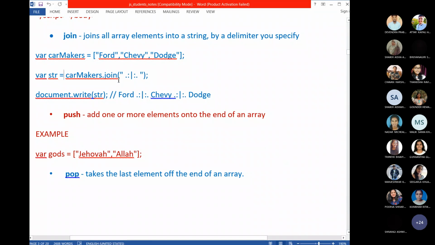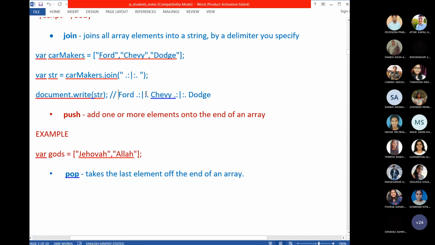What I am giving within the parameter is one symbol, any symbol, that will be a delimiter for every array element. So the output I will get is the first element, then the delimiter I specified, then the second element, delimiter, third element.